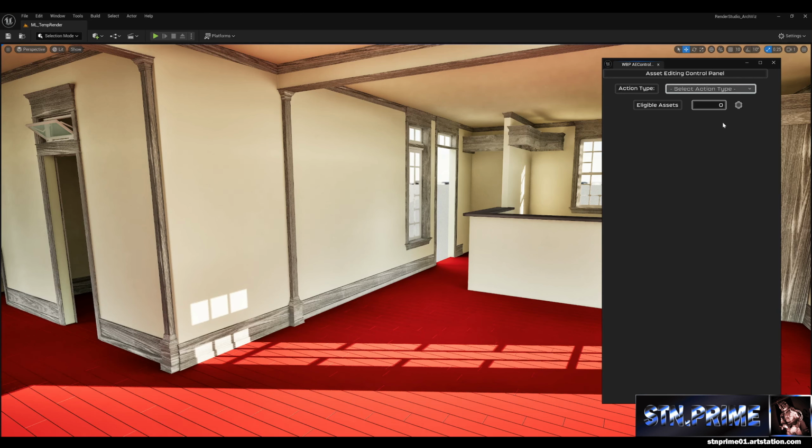Essentially, the material replacement function was limited to assets in the content browser, and the static mesh actor mesh replacement was, and still is, limited to actors in the level. But now there's a new option here to replace materials on actors in a level rather than the assets themselves in the content browser. And the reason for this is,